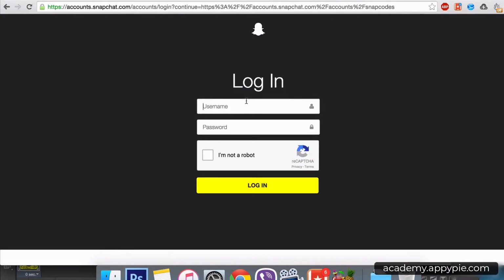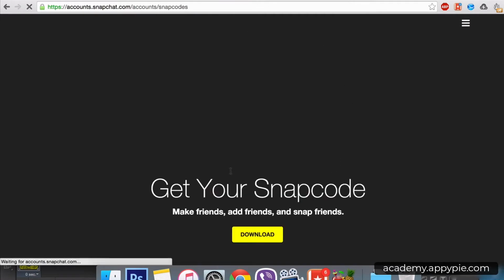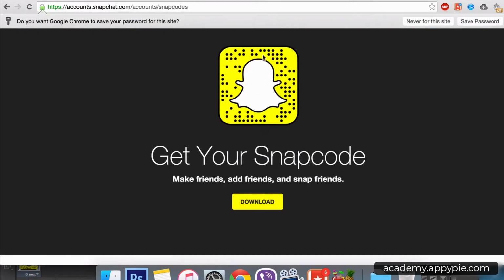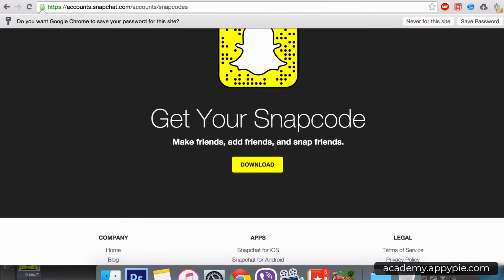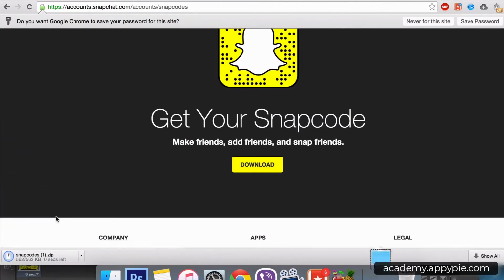Cool. So once you're here, go ahead and log in. Confirm that you're not a robot, and then click login. And this will give you a download button to download your very own Snapcode, which you can see right here. This is what the Snapcode is. We went over this in the first module. So click download, and it will download to your computer in a high-res form, in a zip. Once you unzip it,